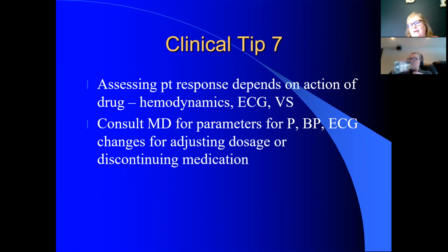add to that? So at that point, let's say I had the patient on dopamine. I managed to bring their blood pressure up appropriately, but now I've got some dysrhythmias. Now I'm going to bring that dopamine down, but now their blood pressure is dropping. Do I put that dopamine back up, or do I get an order for another medication, right? So I'm not just going up and down on one drug. We use many drug cocktails, right? So using many drugs. Knowing those parameters is important, although again, you will most often find that in your